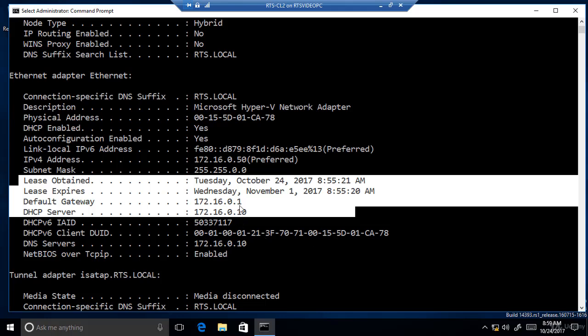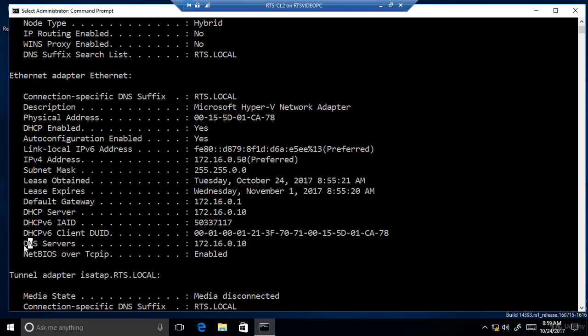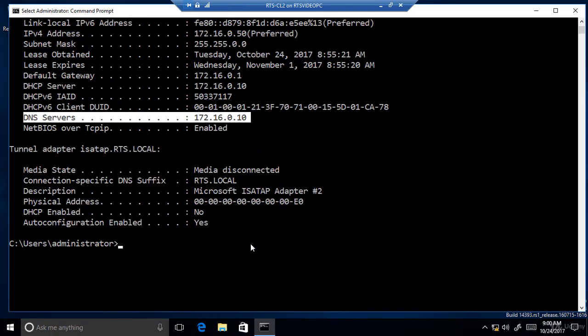I also see the default gateway I defined as a scope option, and I also see the IP address of the DHCP server. So that server is 172.16.0.10, and that same server is also my DNS server. So I see the IP address for DNS server 172.16.0.10. If for some reason I wanted to release my IP address, I could run the command